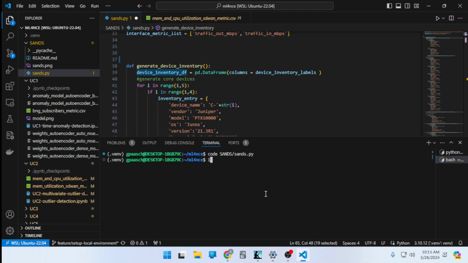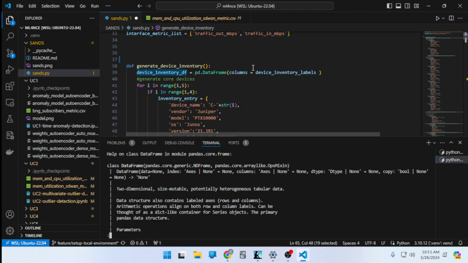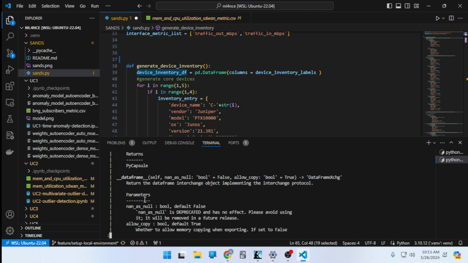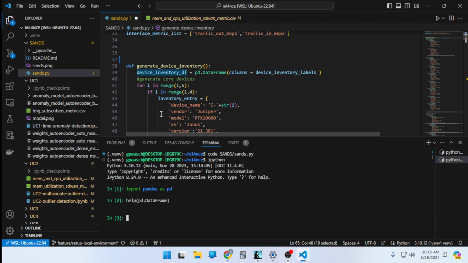So let's get some help on that and see what this looks like. So we're going to do import pandas as pd. Yep, and then we're going to do a help on pd.DataFrame. All right, and now we want to see what it's going to return back. So it returns a DataFrame. So let's define it. So we're going to say device inventory df equals pd.DataFrame,